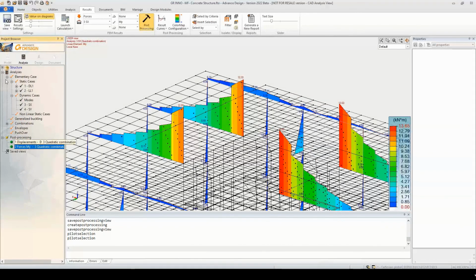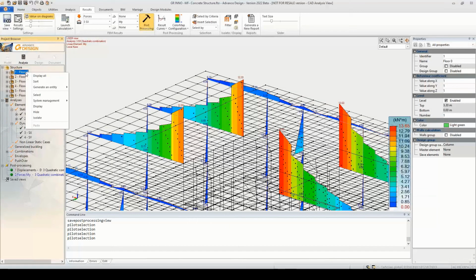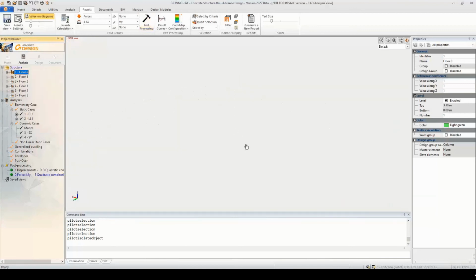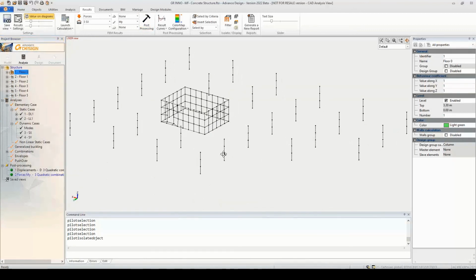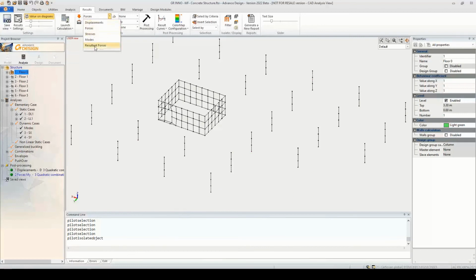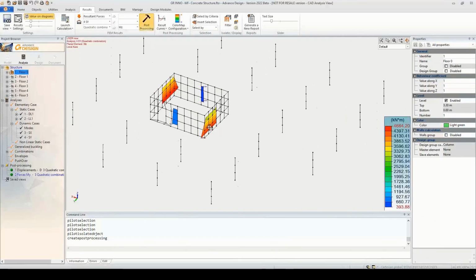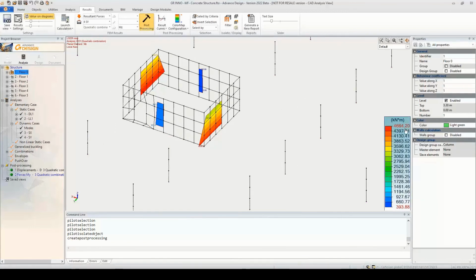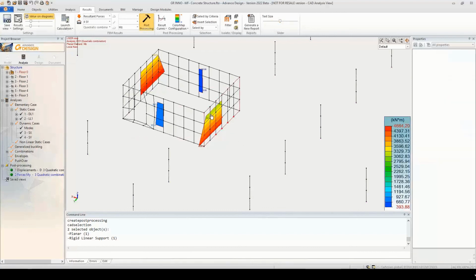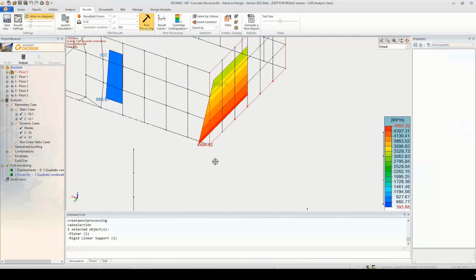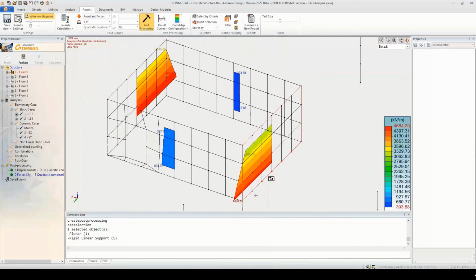We can display the displacement as well and save all those graphical visualizations as views, which will appear in the Advanced Design tree. Here we isolate a floor and some walls, and we can manage as well the visualization of torsors of effort for groups of walls or for single walls, such as here. So you see we get the value of those efforts applied to those walls.